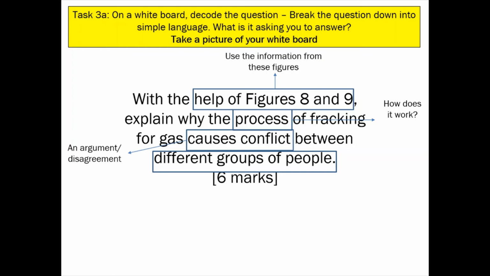Which of those two groups would have different views in terms of the process of fracking? So there are two things that we can look at. Economists, so those are people that look at the amount of money that's being made, and then you've got environmentalists, and those are people that are worried about the impact it will have on the environment. So we're going to look at those two viewpoints and why they would have different views on the process of